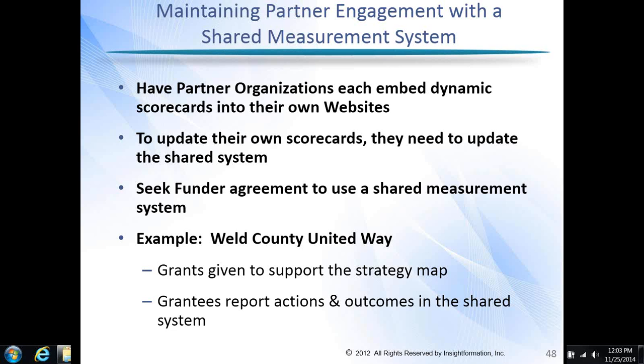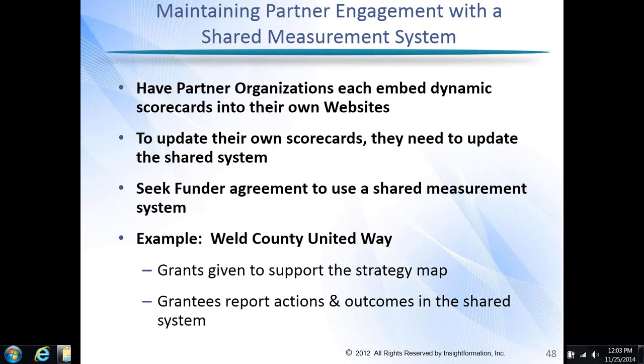And in Weld County, the Weld County United Way took that stance. They said they want their funding to support the community strategy. So therefore, they're going to be organizing their grant giving around the strategy maps. And when their grantees are reporting results, they should be reporting that in the InsightVision shared measurement system